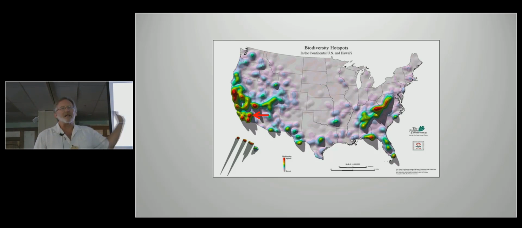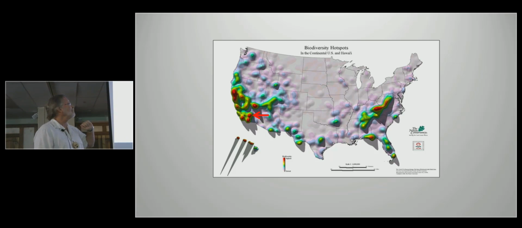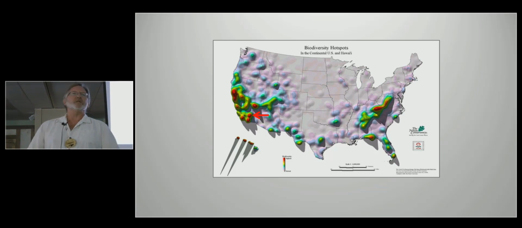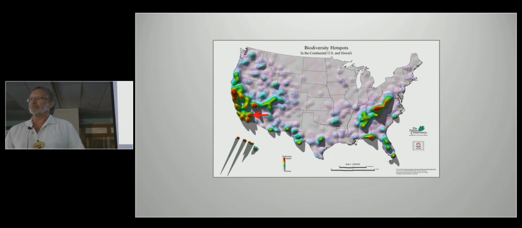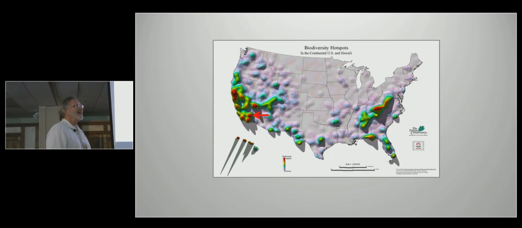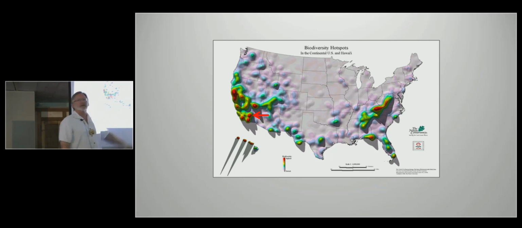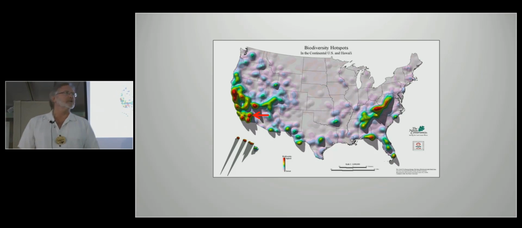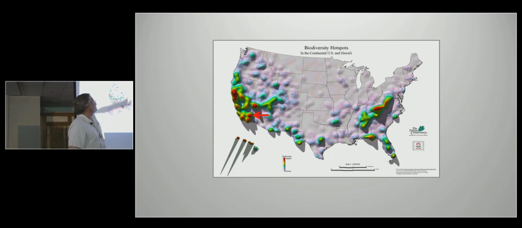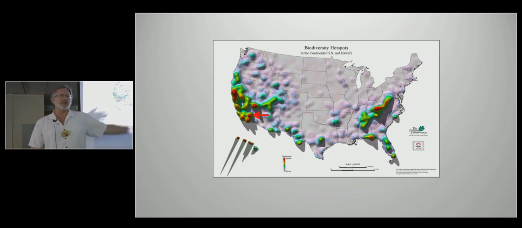I always show this to my classes because it's a great example of what Tom was talking about, is California is amazing when it comes to unique species that occur no place else except for here. And it's also an interesting example about where they don't occur. And I always challenge my students. I say, so why not here? And they say, well, it's flat. Well, no, actually the Rocky Mountains go right through there, so why not there?